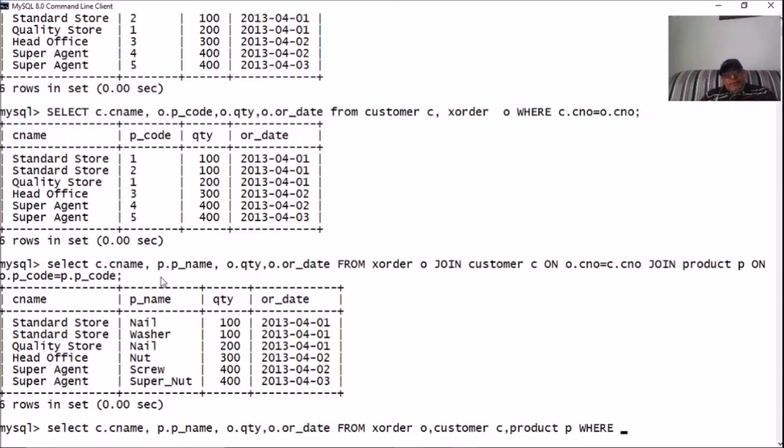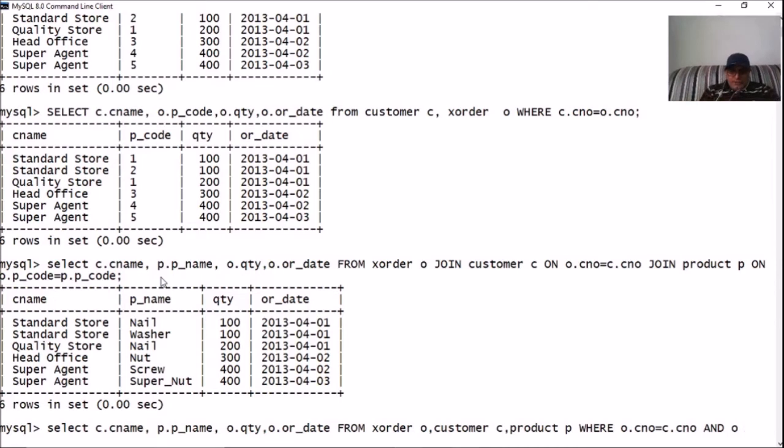Which field is common between X order and customer? That is none but C number. So where O dot C number equals to C dot C number. And which field is common between the table X order and product? That is none but P code.